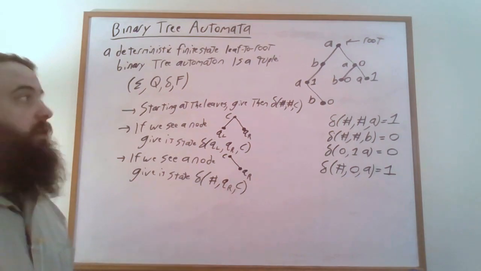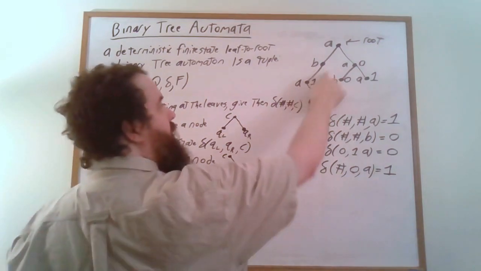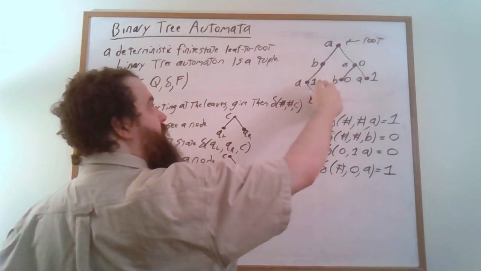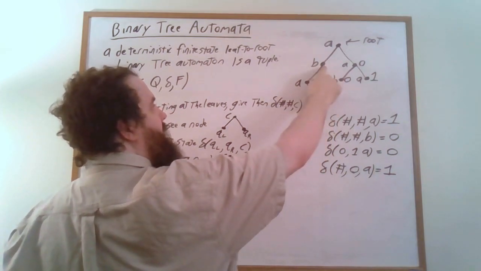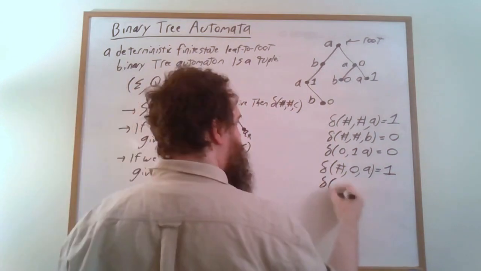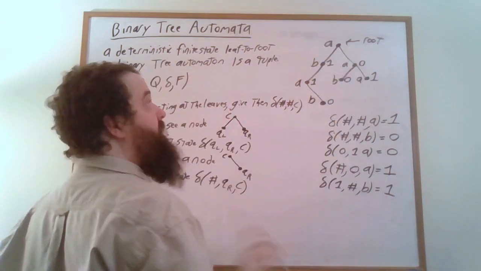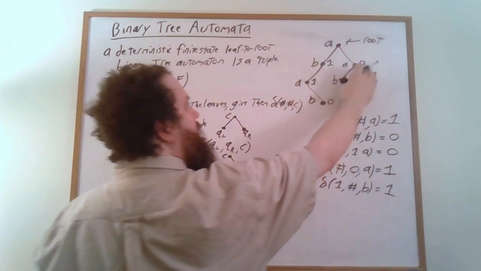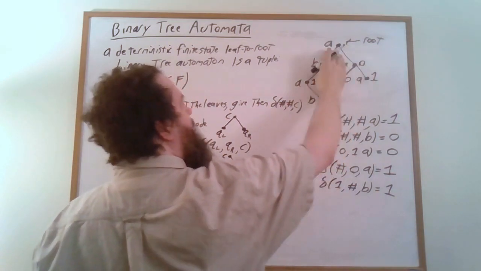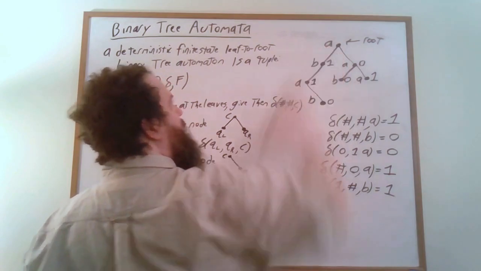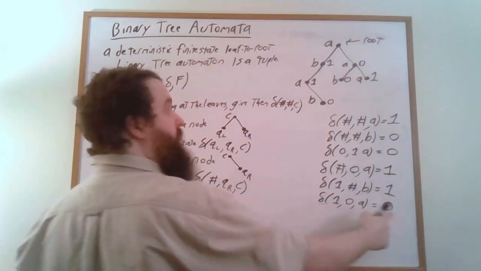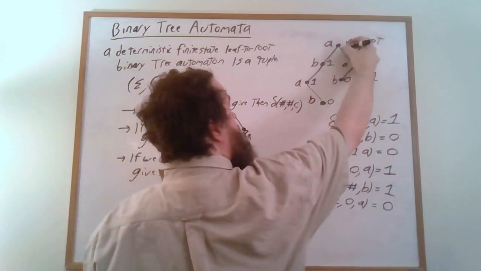And the reverse, if we only have a left child and no right child, we're going to want to put an octothorpe in the position for the right child when calculating the state for this node here. And then finally, to calculate the state for this node here, we want to input the states of its children and the character at that node. So we'll associate a 0 to this node here.